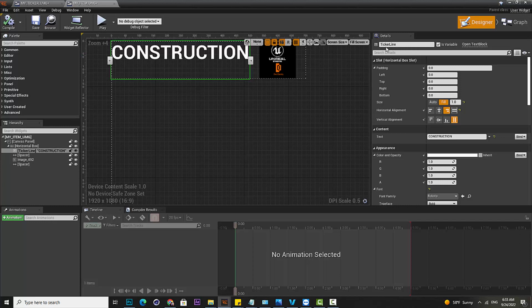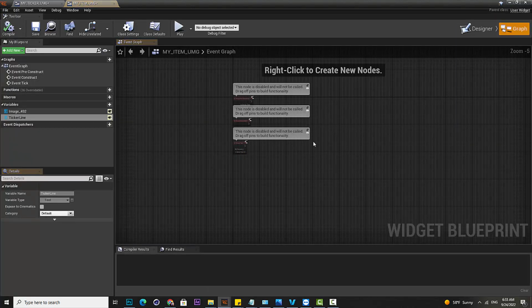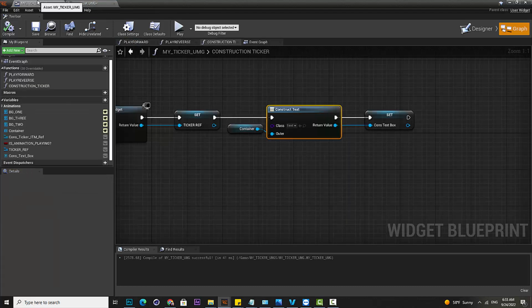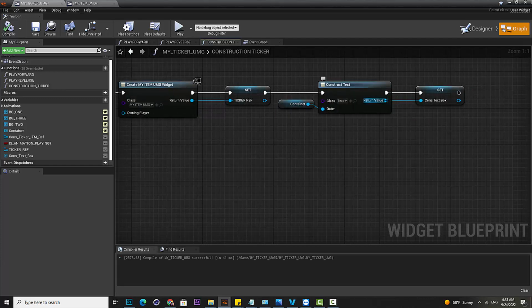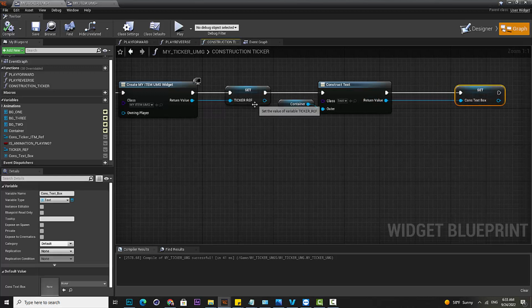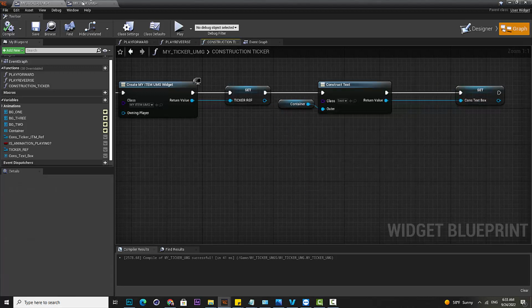This text is a variable, ticker line. We need to set it here also in the event graph. That way we can take it from here. Okay, we can set it from here and we can take it from here. I will explain that when we do it. So right now